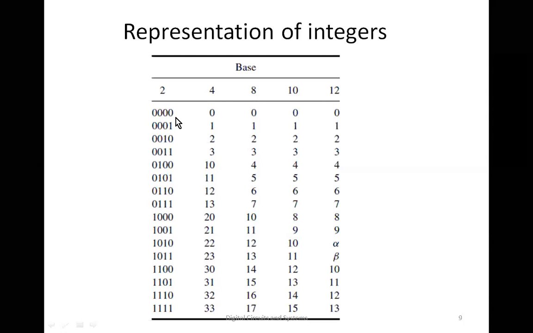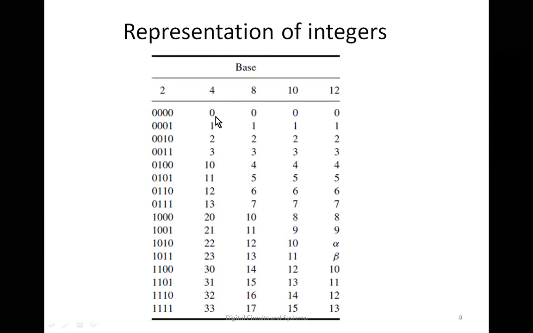Now let's count using the base 4 system. The first symbol will be 0. The items will be counted as 0, 1, 2, 3. Just now we said it is a base 4 system, and a base 4 system has only 4 symbols. What are they? 0, 1, 2, 3. Now we have used all the symbols. Now there is no 4.